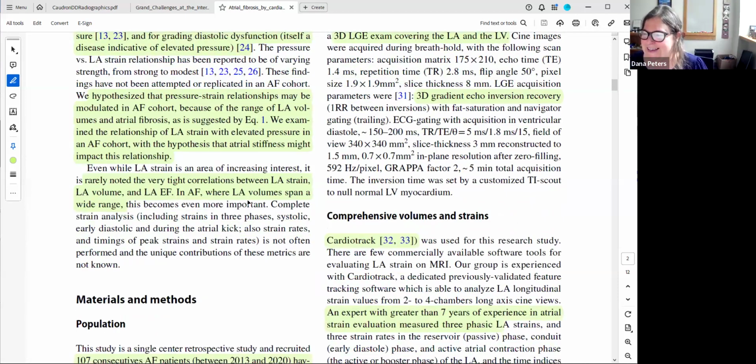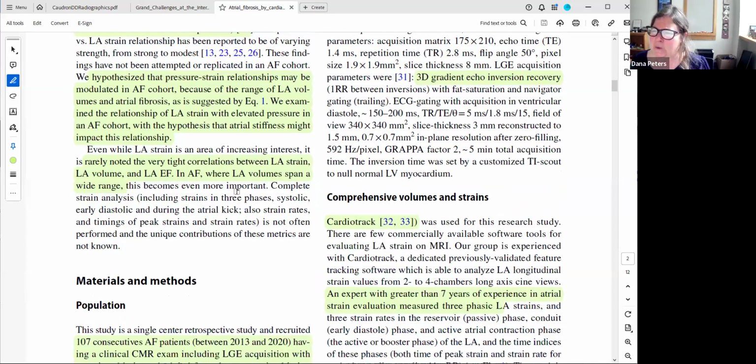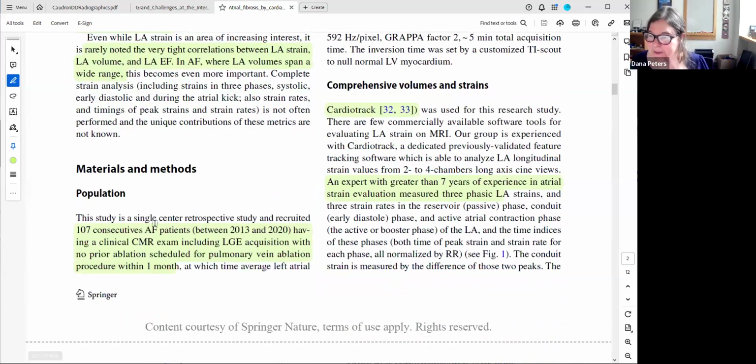And then I guess the other thing that we were also looking at is how LA strain is unique compared to LA volume and ejection fraction. People talk about LA strain like it's different than LA volume, but of course it's very much related. So this is a study where we had 107 patients who had